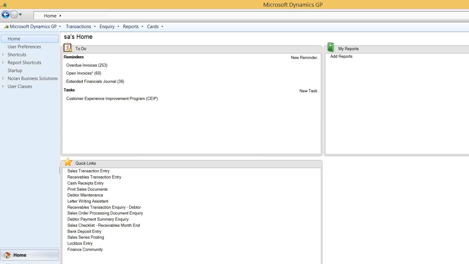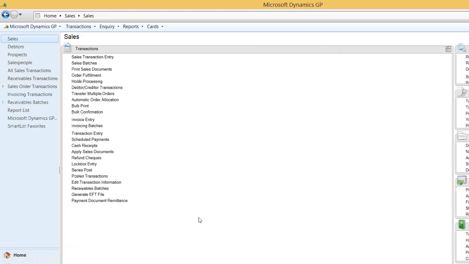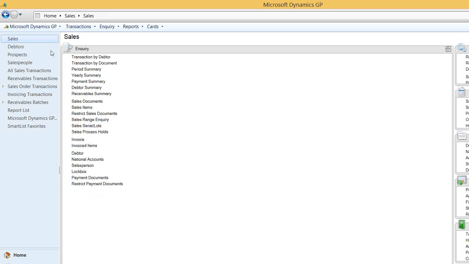The home page actually, it's not a good example of seeing how these tiles work. So let's go and have a look at something like my sales page. So I can stack up my tiles on the right-hand side of the screen here and have a tile with my main functions on it being transactions. If I then want to go to inquiries, I can just drag the inquiry across, and I've got that on the main tab. I can also set